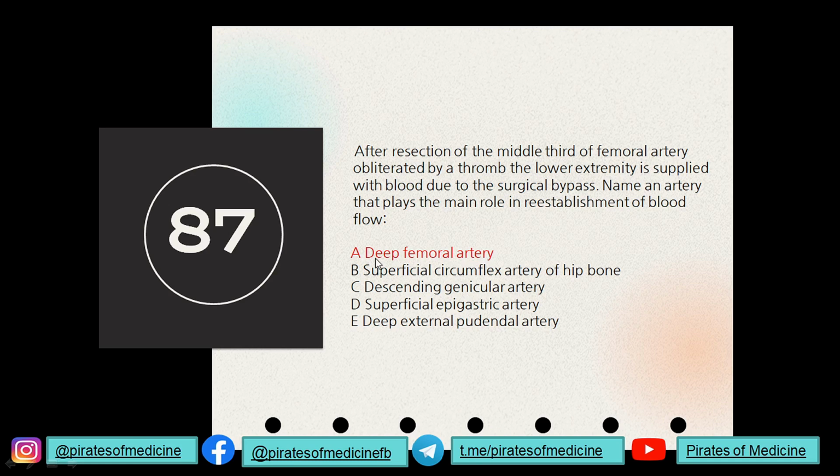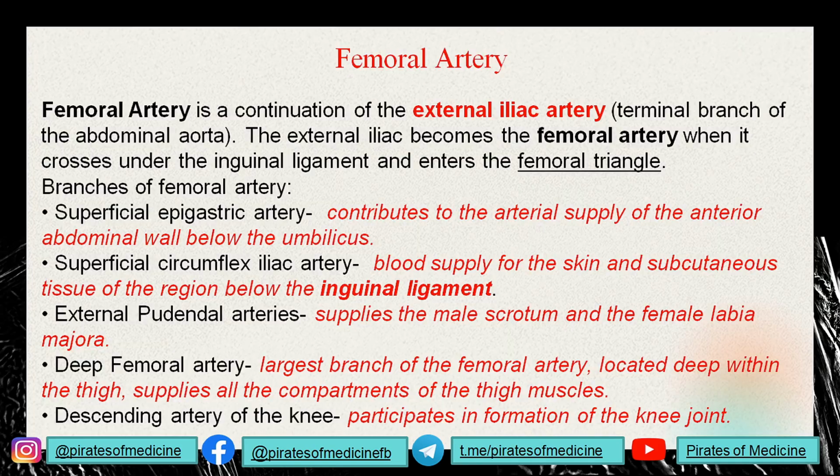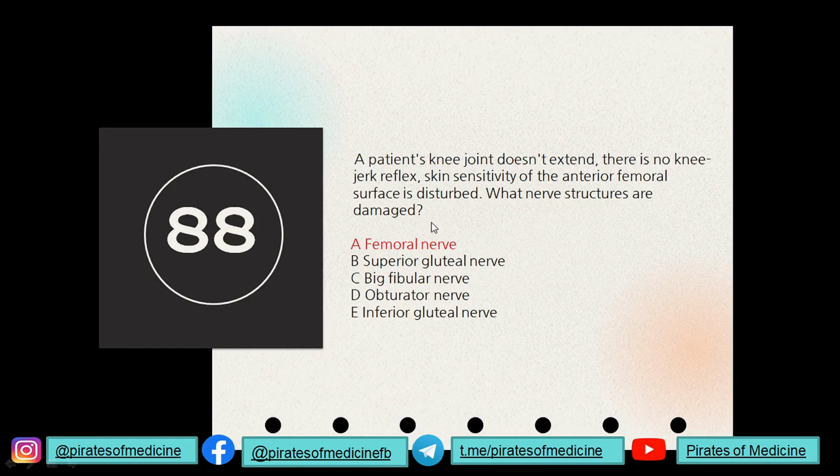In one of the questions on the hand, we understood that the arcus palmaris profundus, the branch which is located deeper in the palm of the hand, will help in surgical bypass and re-establishing the blood flow. Similarly over here, a deeper branch, which is a larger branch, will help in re-establishing the blood flow of the leg, and this is why the deep femoral artery is chosen, and all the other arteries cannot be used to re-establish the blood flow during the surgical bypass.